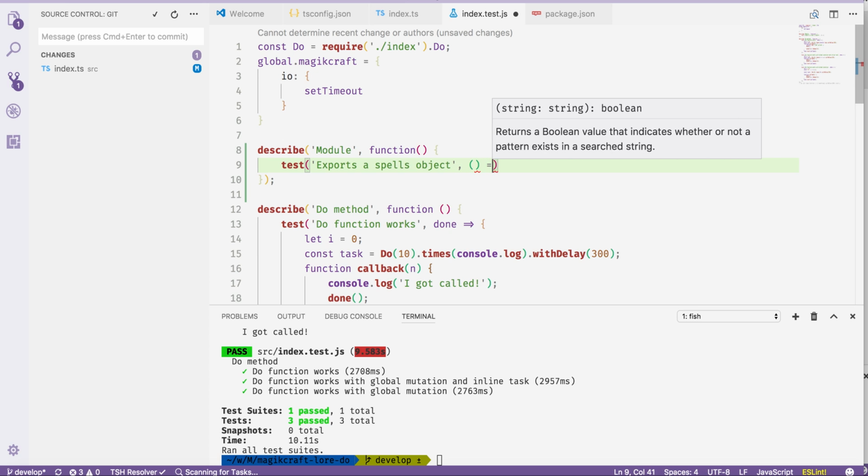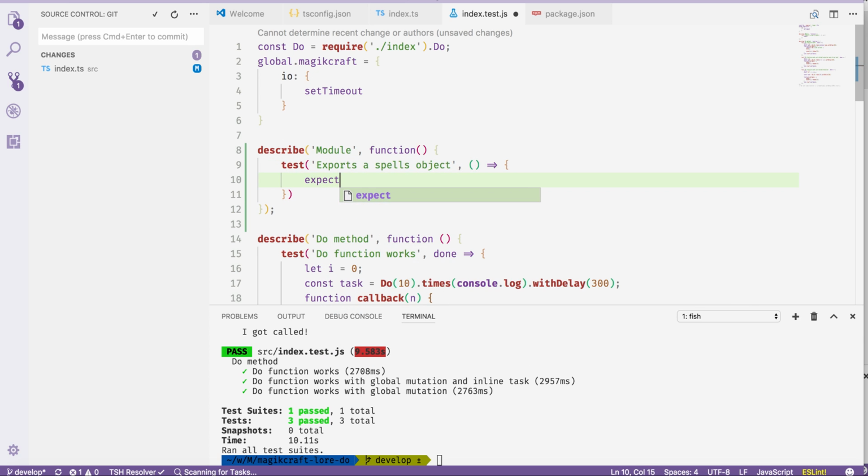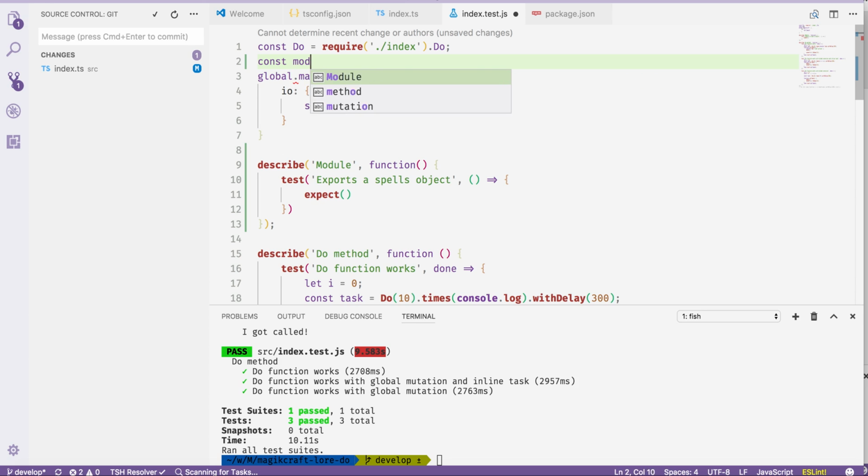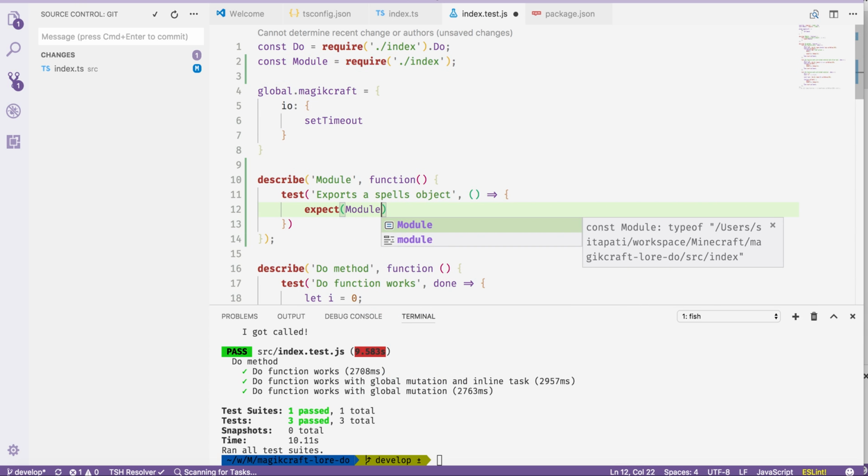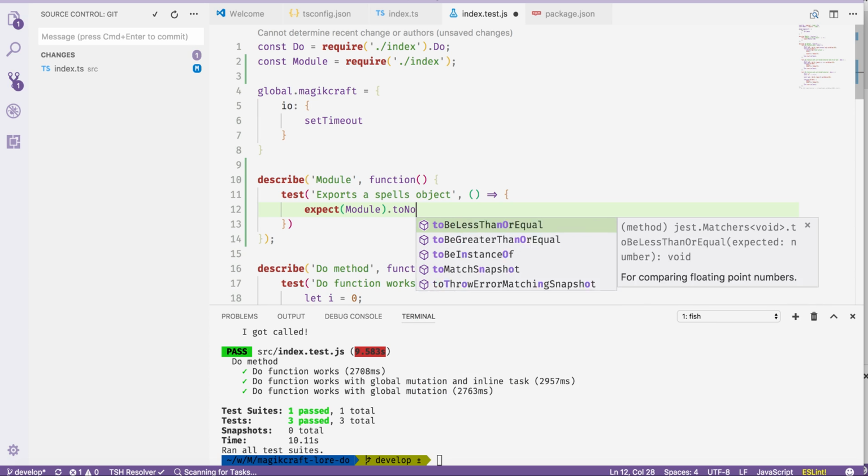So in here, I'm going to say expect, const, call it underscore R capital module. I think that should be okay. Require index, get the whole thing. Okay, cool. So we should expect module to